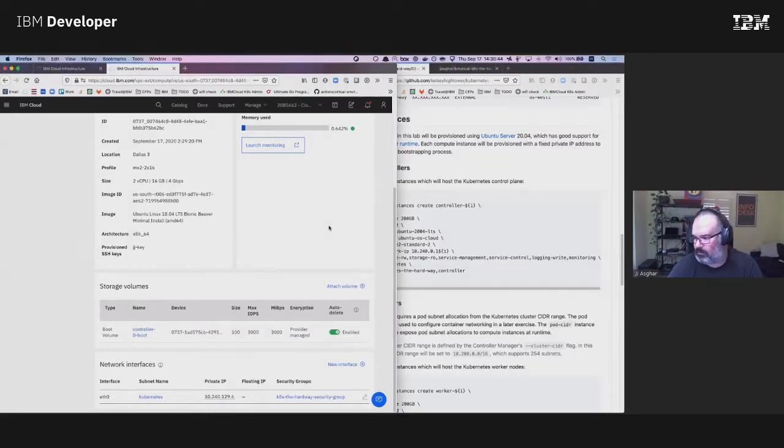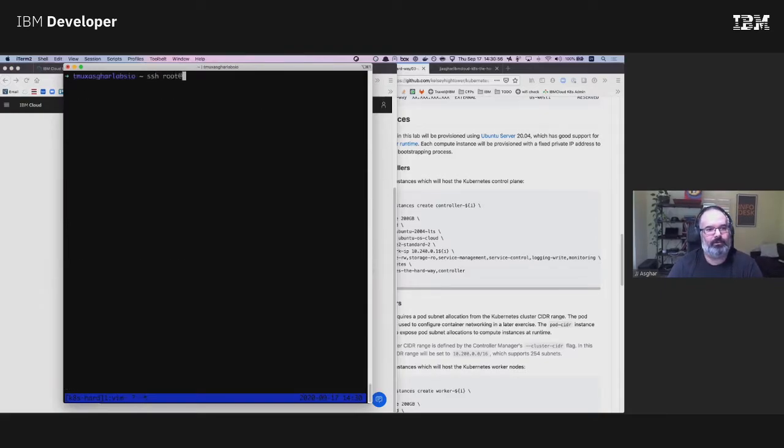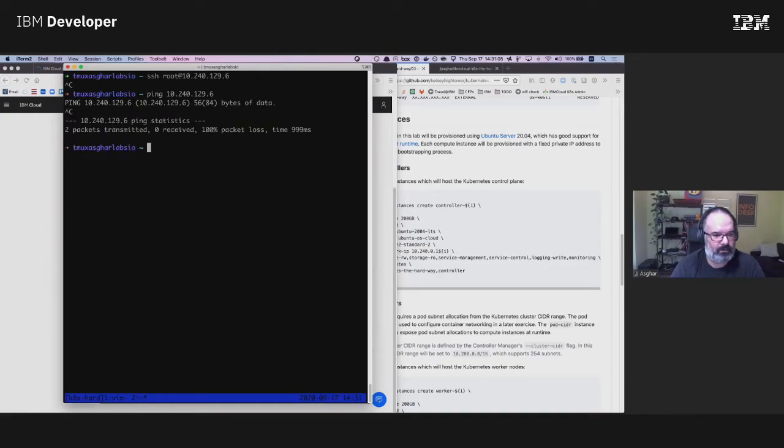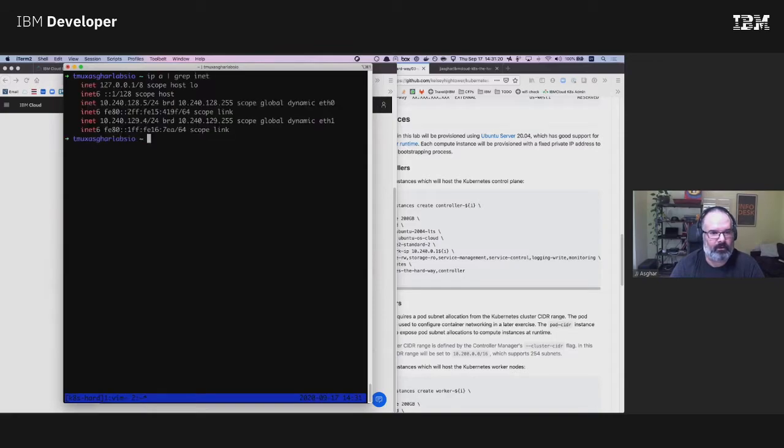So if this is true, let's say root at that, ping this, ping that. Never remember inet. There we go. It's on the same subnet, which is what I wanted,